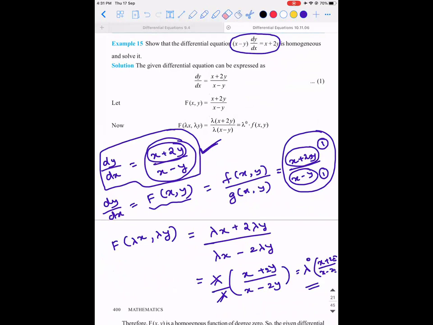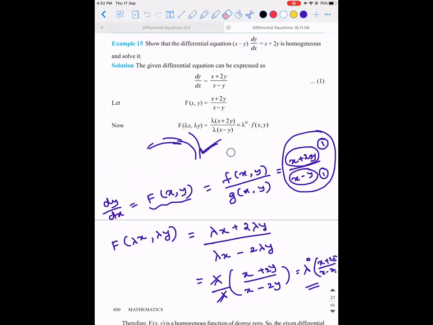So when you have a homogeneous differential equation,